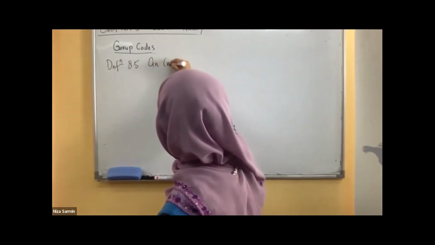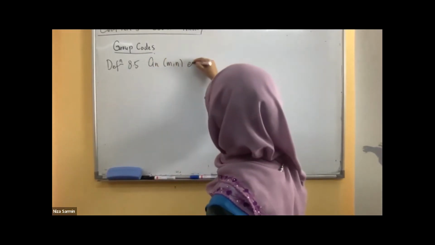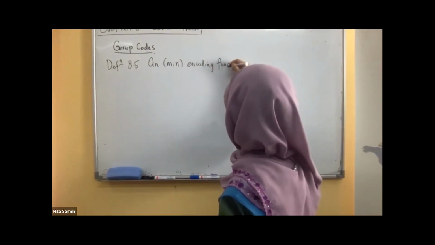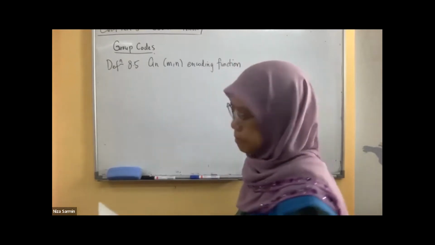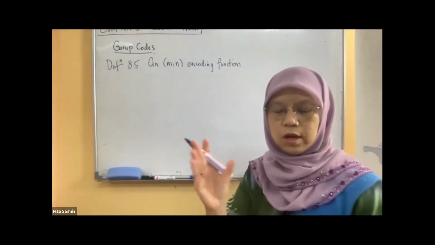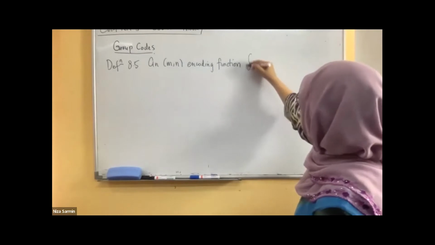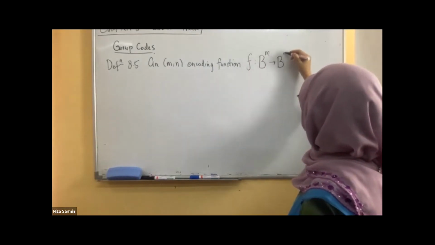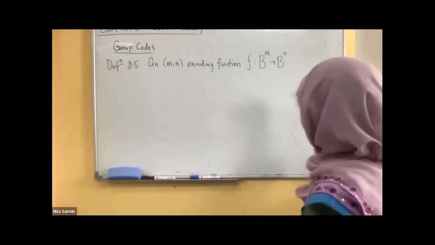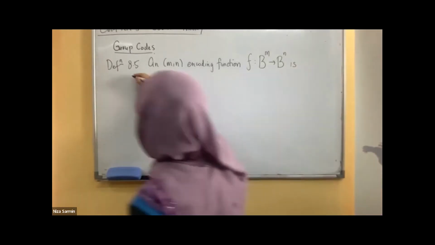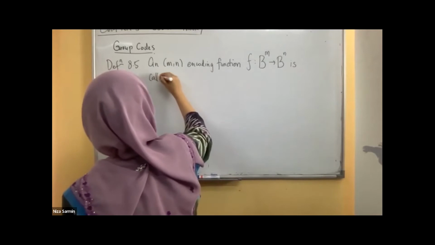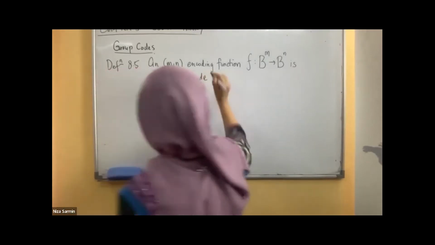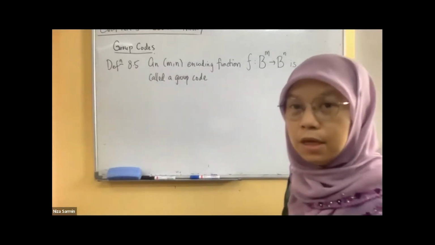An MN encoding function. Why is it called MN? Because we want to have this function from M to N. This is called a group code if,